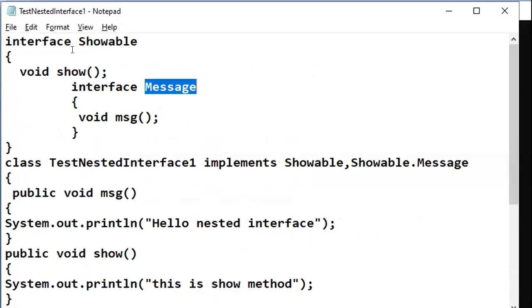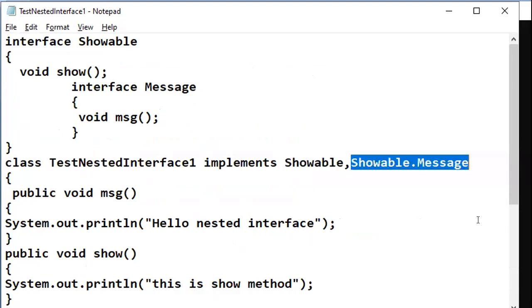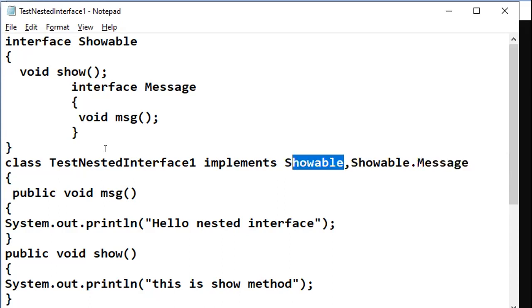Okay, then this will be referred. Then what about this show method? The show method is entirely related to this interface Showable. So that's why I am writing it like this: Showable interface, comma, Showable.Message. Okay, one is the nested interface and the second one is a simple interface, which is Showable.